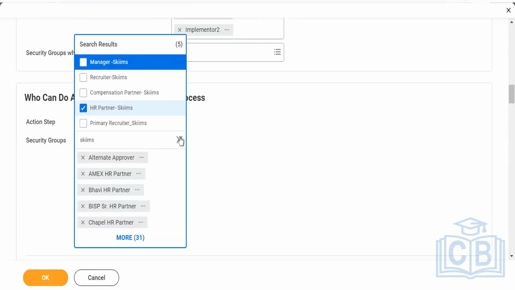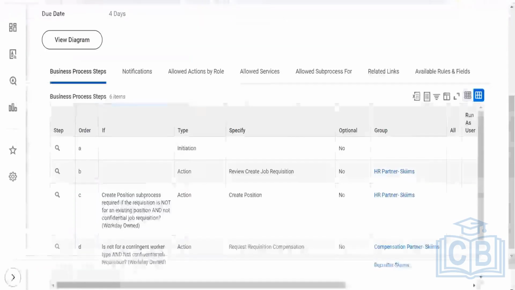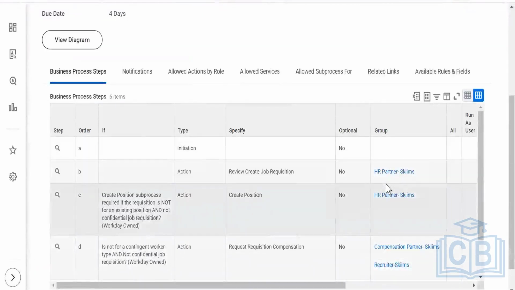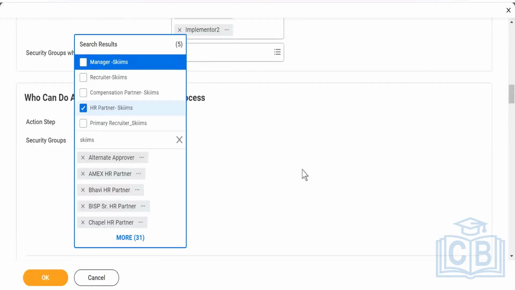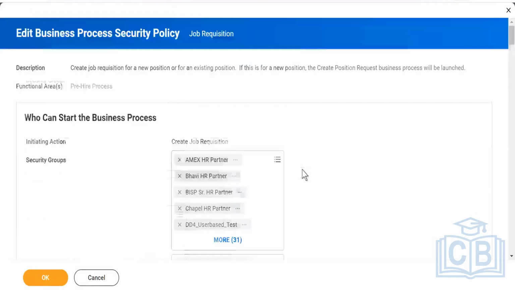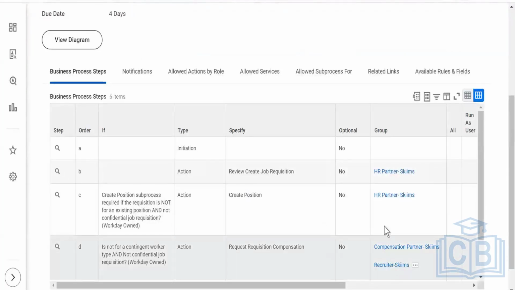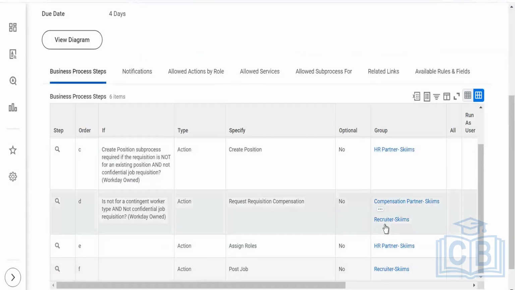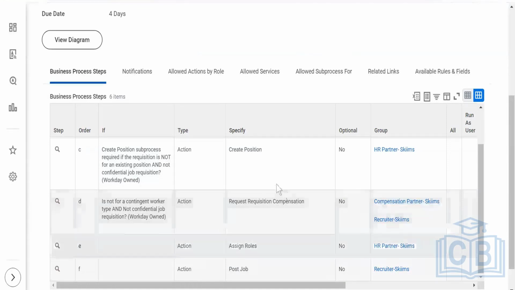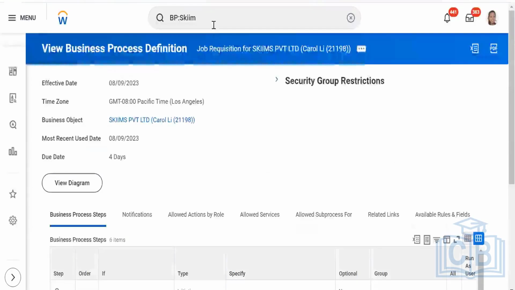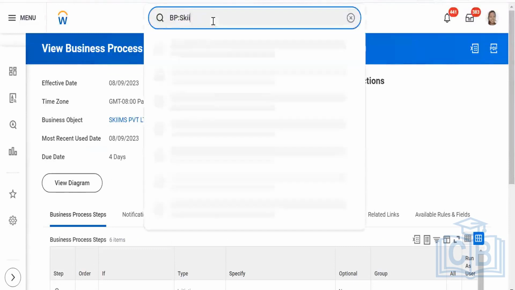You are able to see. You do that. In case of primary recruiter and all, how are you going to do it? Just I'm canceling it. For the same steps, if you want to assign any primary recruiter, compensation partner, anything you want to do, go to